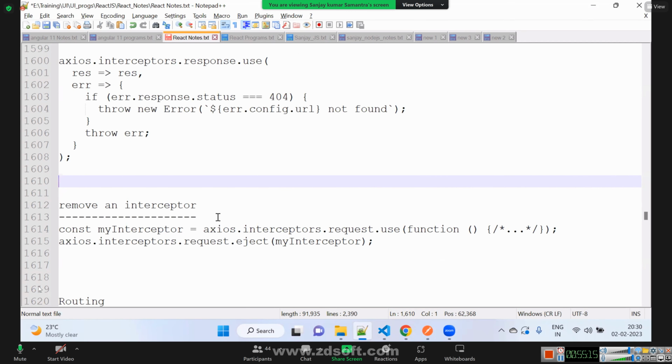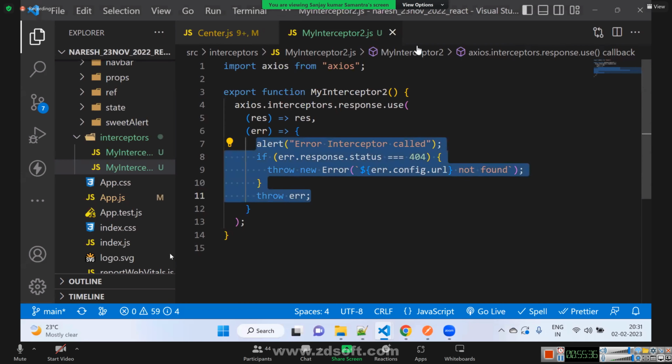Just a small doubt. For getting the error only, we can use these response interceptors? No, not only error, for success also we can do it. Do we need to modify the data anytime? Like any scenario where we need to modify the response? Usually we don't need to, right?